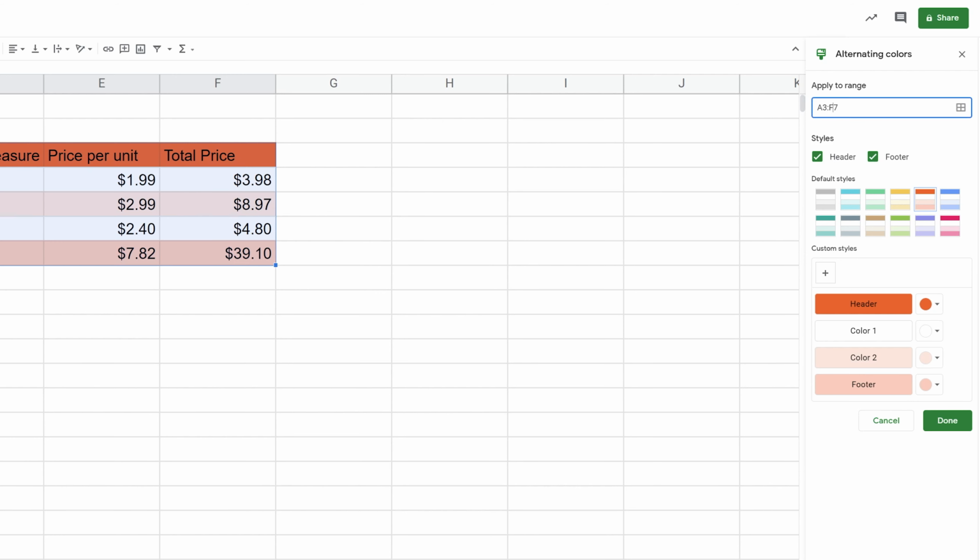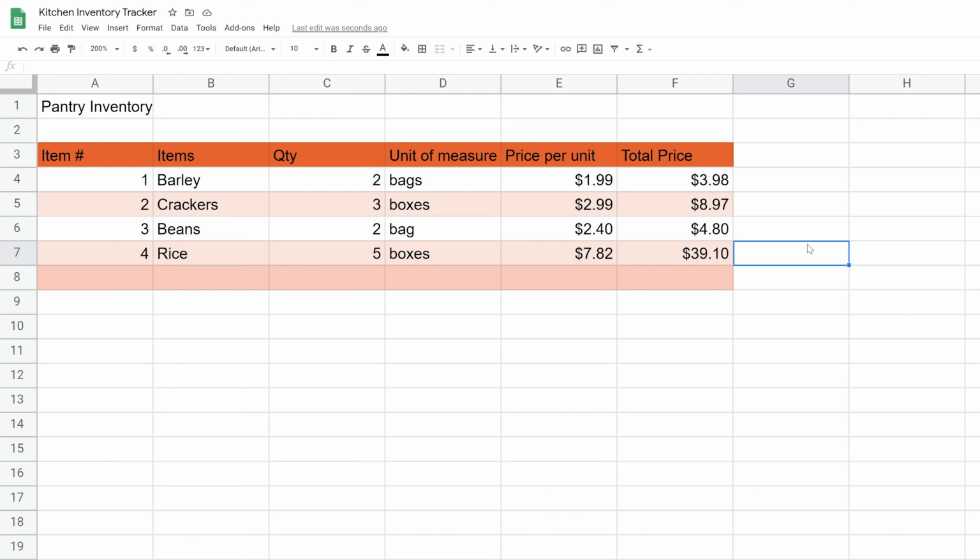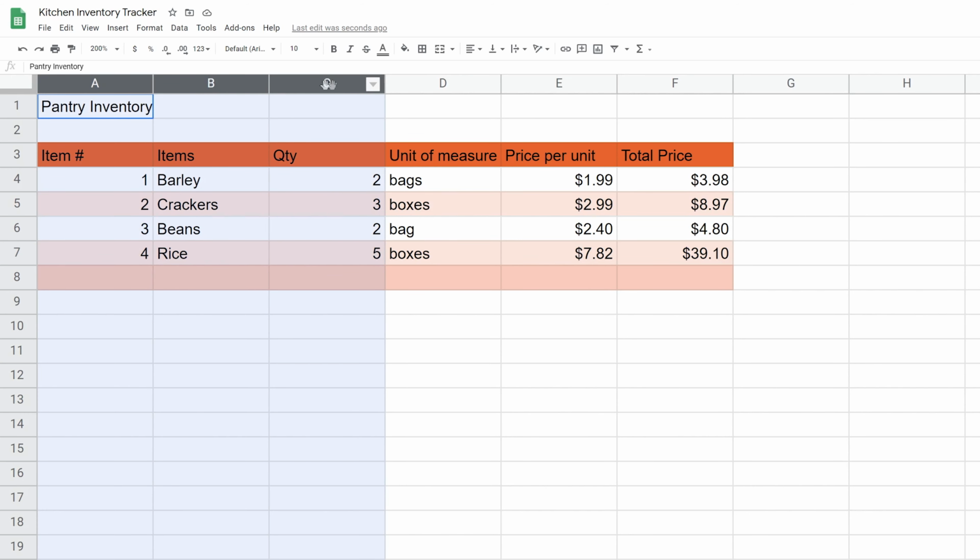So let's just expand the range. Let's make it for F7 to F8. Click out of there. And then we do have a footer, so we'll keep that option there. So let's just left click on done. Click out of there. Our table's looking better. Next thing you can do is you can customize the width of the columns. And the easiest way to do that, let's select all of them. And if you go to one of the separators between the columns, you'll see that the mouse changes into a two-sided arrow. Here, let's get that again.